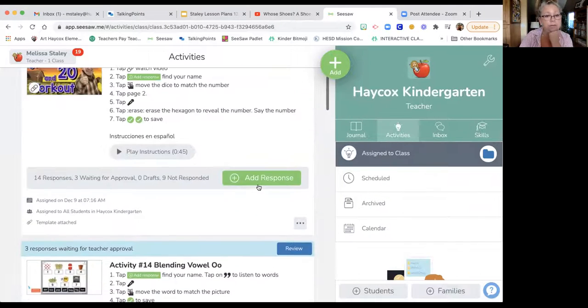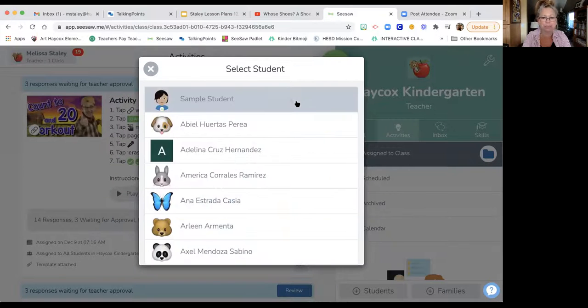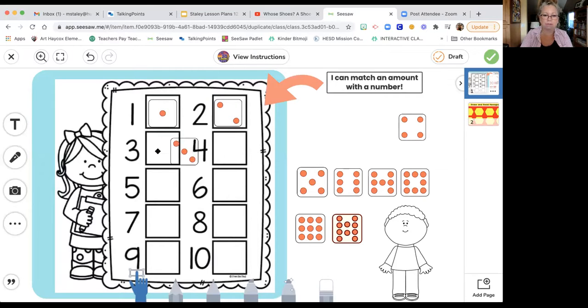Activity number 15, matemáticas. Miren el video. Aquí ustedes van a hacer ejercicio. So you're going to do some exercise, which is kind of fun. Okay, so let's see what you're going to do. Now, for your activity, you have to move the dice to the number. Where does it go? Okay, so here's 1. I'm going to move that right there to 1. Here's 2. I'm going to move it right there. I'm going to move 3. I'm going to move 4. And then 5,